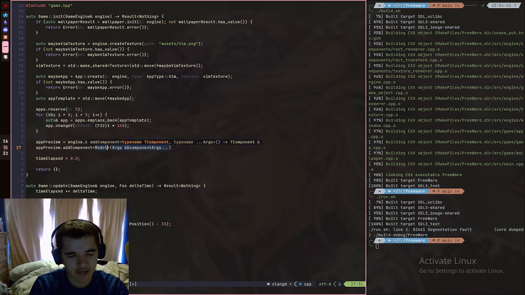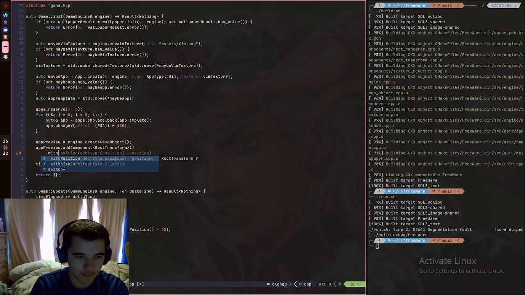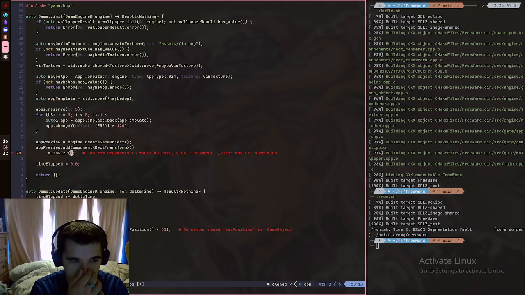But we'll add a rect transform, which again should be done by default really. So I might change that soon. But we'll add a rect transform and remove that with position not set yet. We'll say with size, and here should be